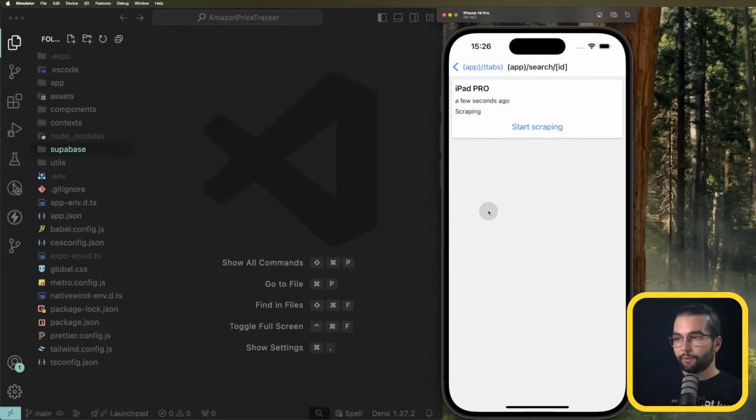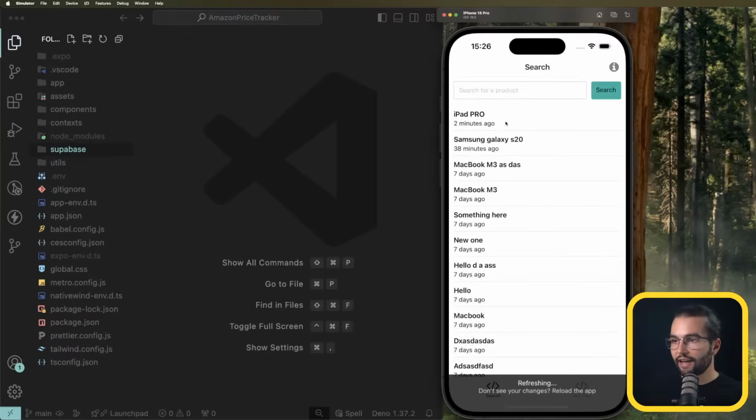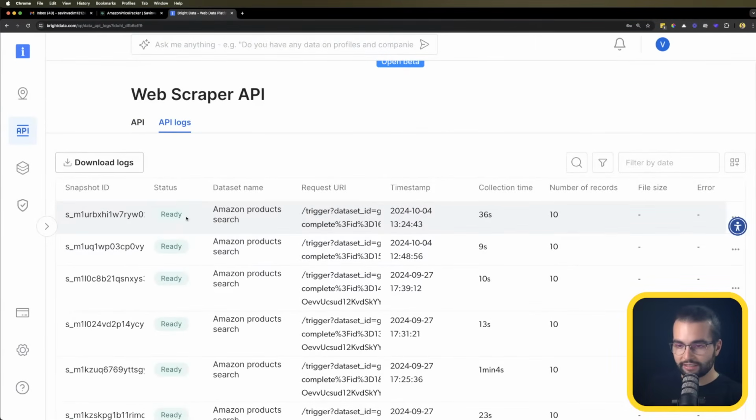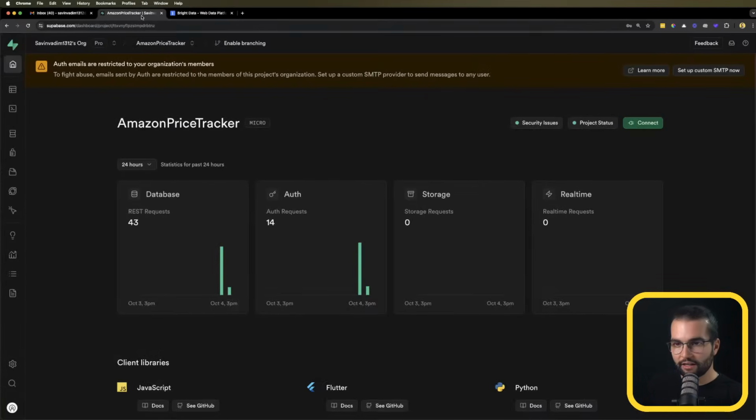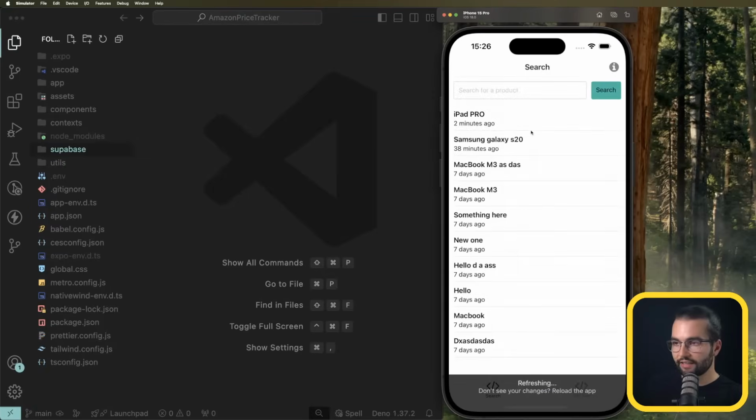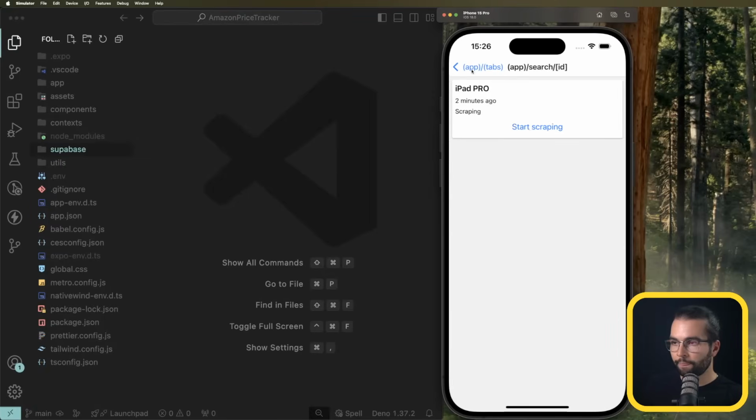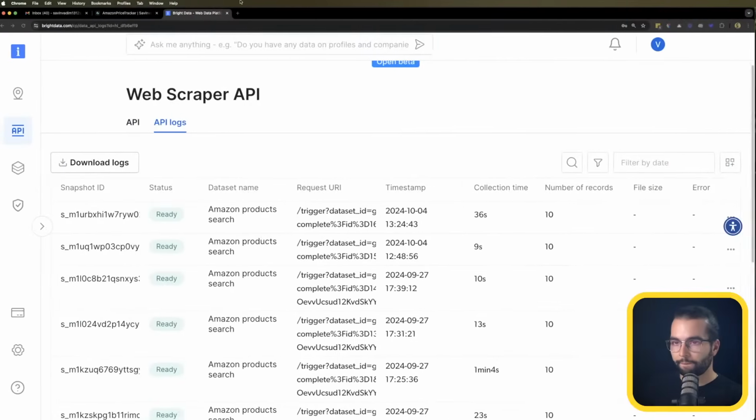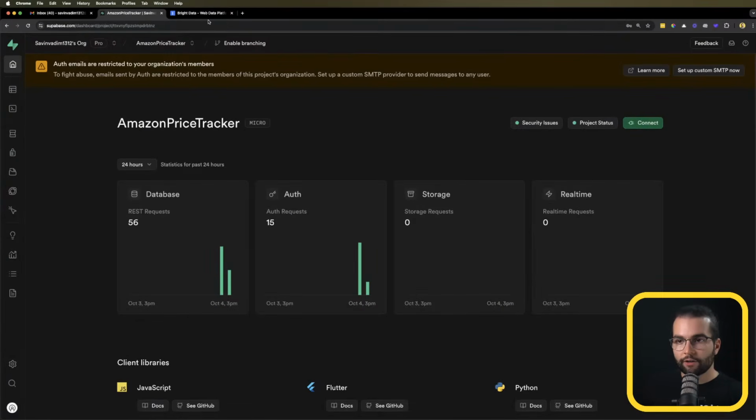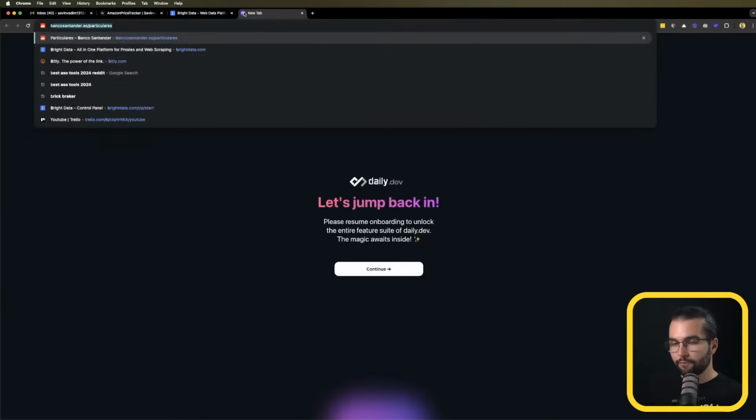And if I go back into my application and reload it, we should have this data here in our application. It says that it's still scraping, but I see that it's ready. So maybe my backend is not receiving this data, but let's check it. Oh, come on. So where is my